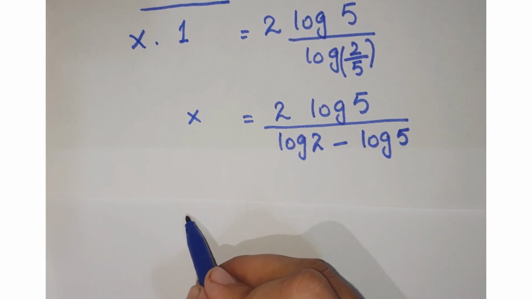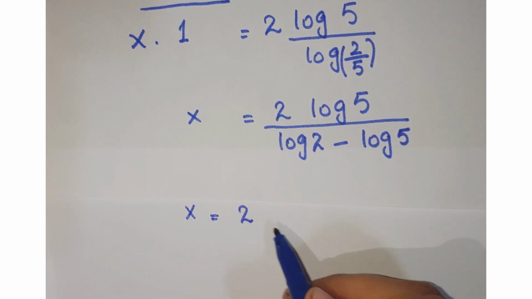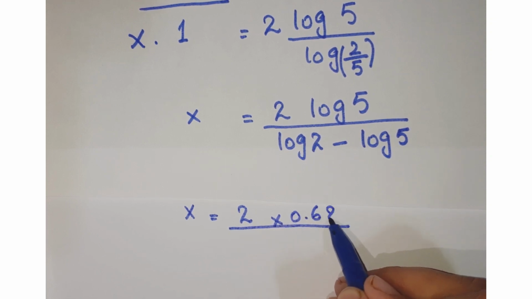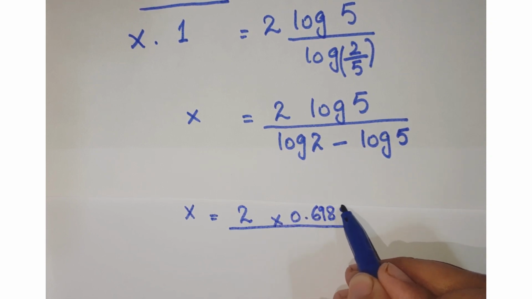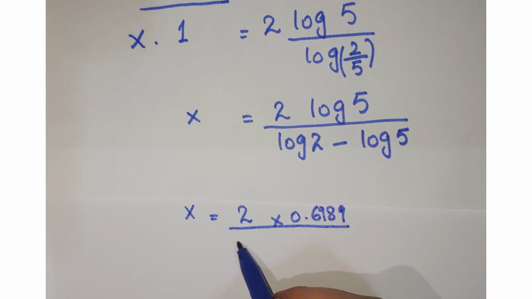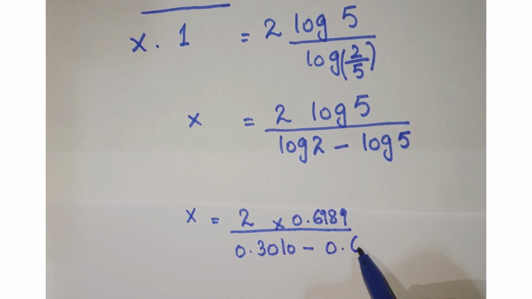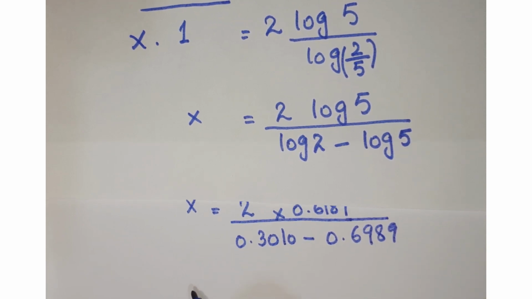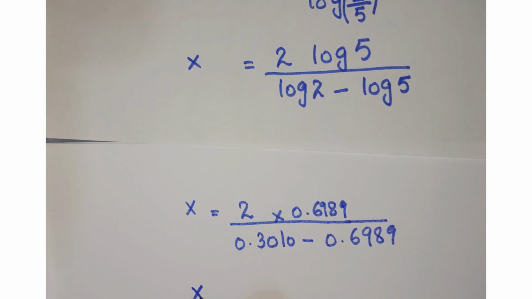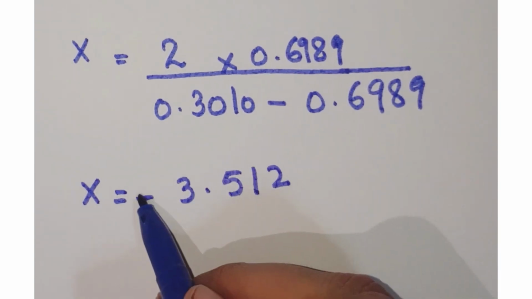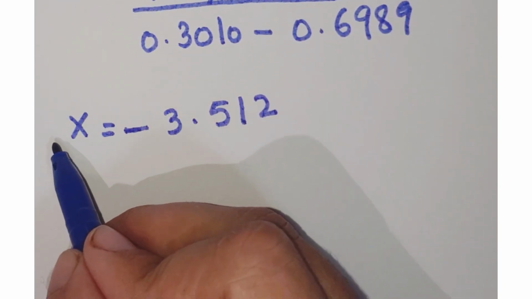Now putting the values of these logs from the calculator, log of 5 is 0.6989 upon log of 2 is 0.3010 minus 0.6989. Now after simplifying it, you get x is equal to minus 3.512, and this is our